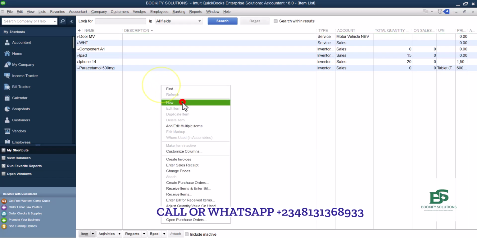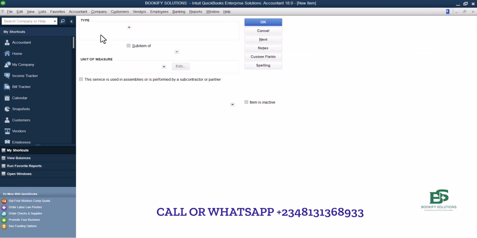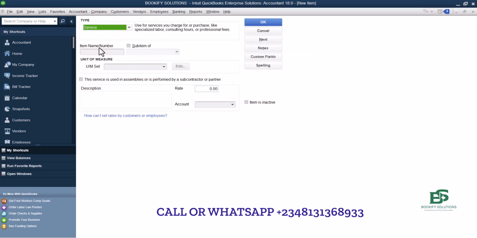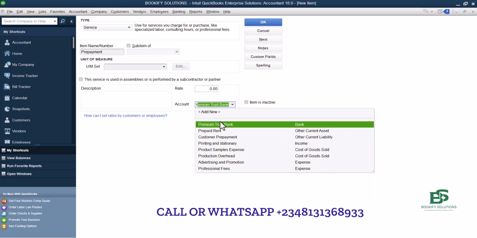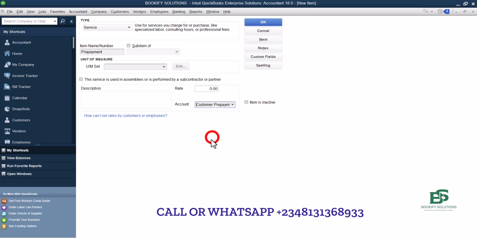So I'm going to right click, then new. Then I'm going to make use of service. Service, very, very important. Make use of service. So I'm going to name this prepayment, and we are going to select the account that we just created not long ago. This is the customer prepayment account. So this is the reason why we created the account. Now we can link it to this prepayment item. When I click OK,